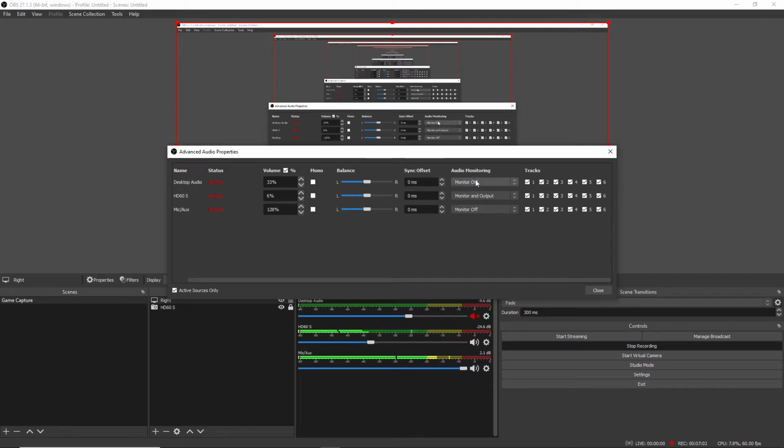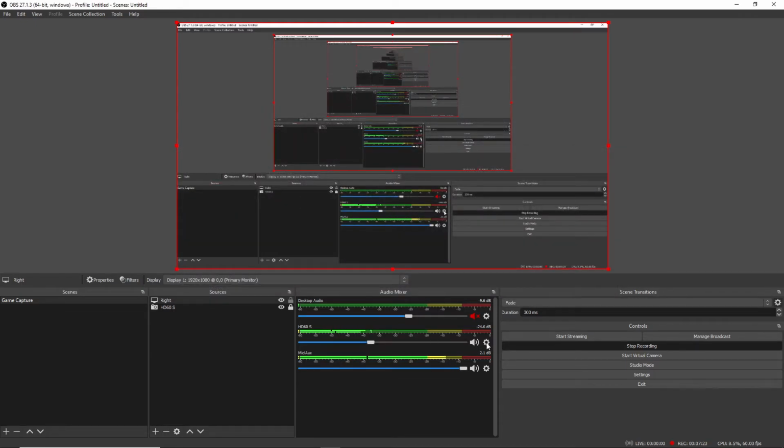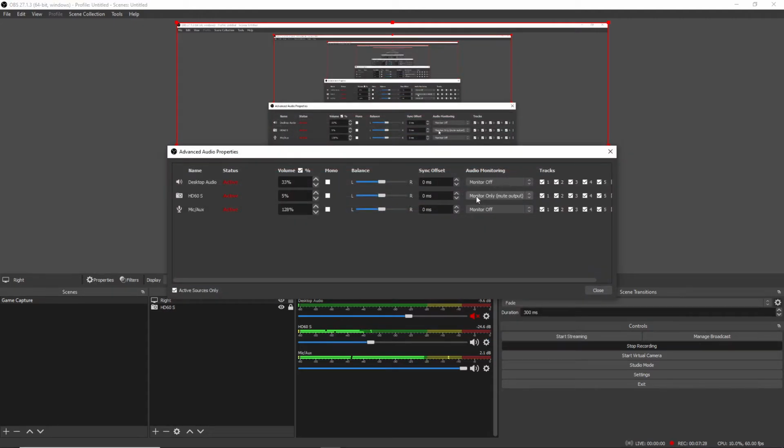So as you can see though, I've got monitor off for the audio, and mic I've got monitor off. The main one I need is the monitor and output on the capture card. So if I basically change that to monitor only, mute output, and close, that should basically be just monitoring but not putting the sound out, but I'm hearing the sound in my headphones, so that's obviously not working. But if I just go monitor off,